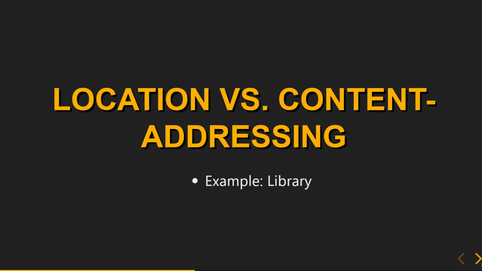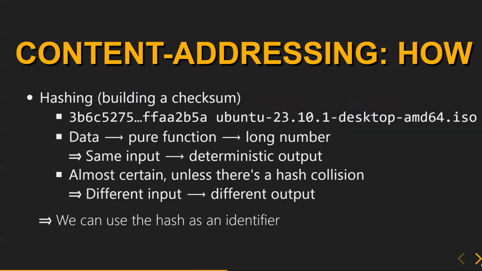So now how do you do this with technology? How do you really get this kind of system running? Okay, so the core part about content addressing is hashing. You might know it from building checksums. If you are geeky and have, for example, downloaded your own Ubuntu ISO image in the early days to put it on a CD-ROM or something, you might see something like, in the second line, a mixture of characters and letters, and then the file name. And this is what you usually use to say, well, what I've downloaded is really the thing that I wanted to download. So you build a hash, but what really is a hash?